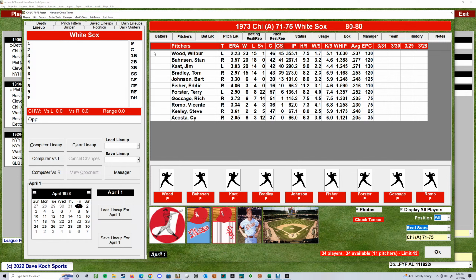All right, so yeah, Wilbur Wood. Look at this stuff. 355 innings pitched. That's even more than Mickey Lolich, and Lolich had a bunch back in the early 70s. I like this. Beatles got into baseball in 1906. Yeah, he wishes he was born in 1906, watching the Cubs play firsthand, probably.